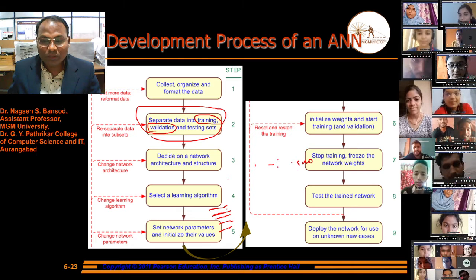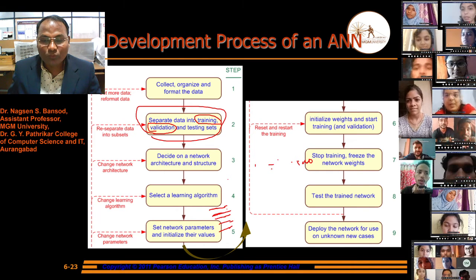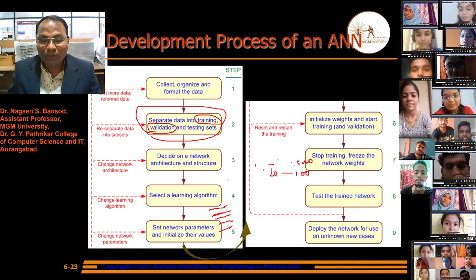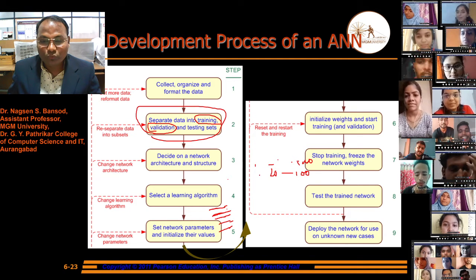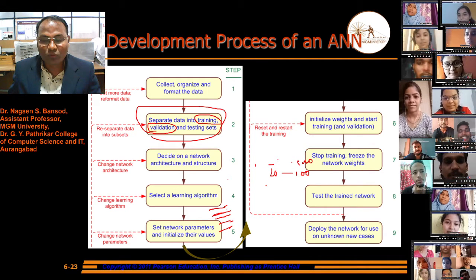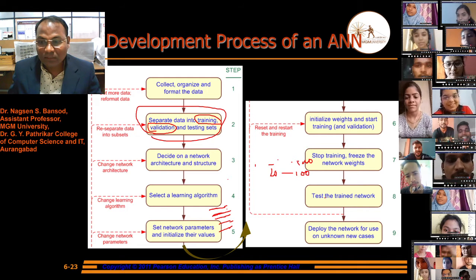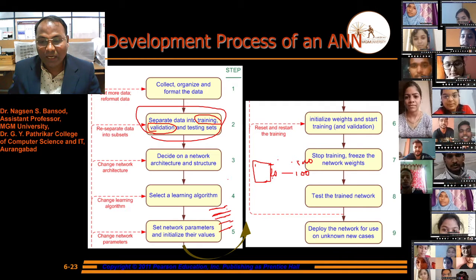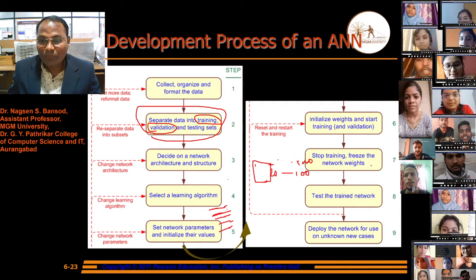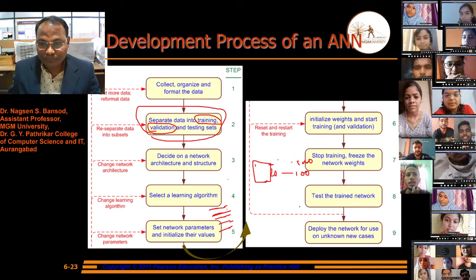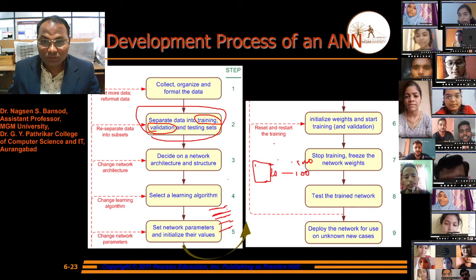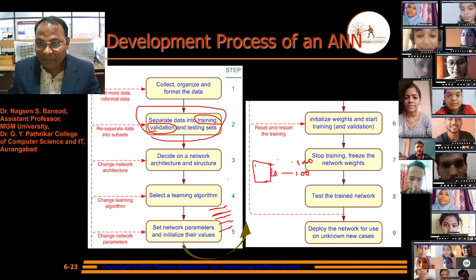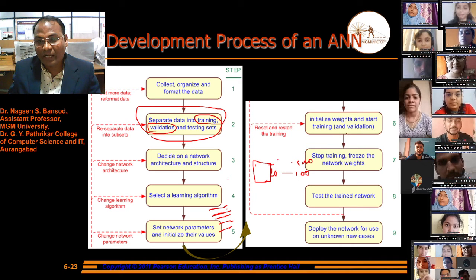For training we use records 20 to 100, and we have kept records 1 to 20 for the testing of the network. At step number 9, we have to use these test data sets, apply them on the frozen network and find the output. If it is good, then no problem. Otherwise, reset and restart the training, initialize the weights and start training and validation again.